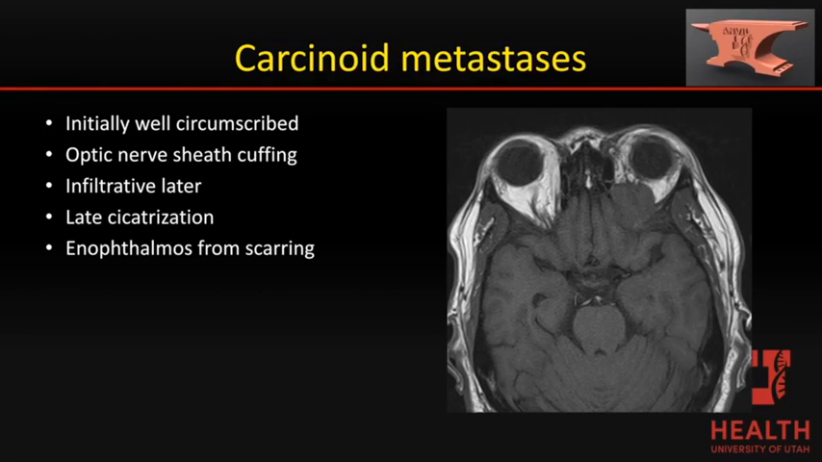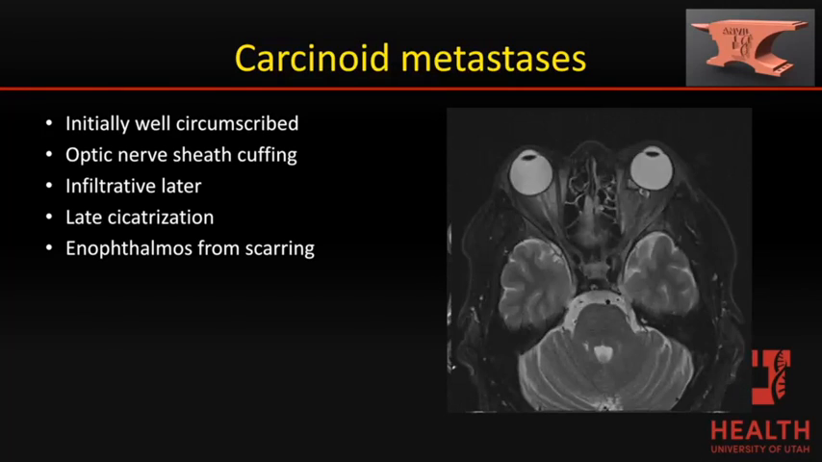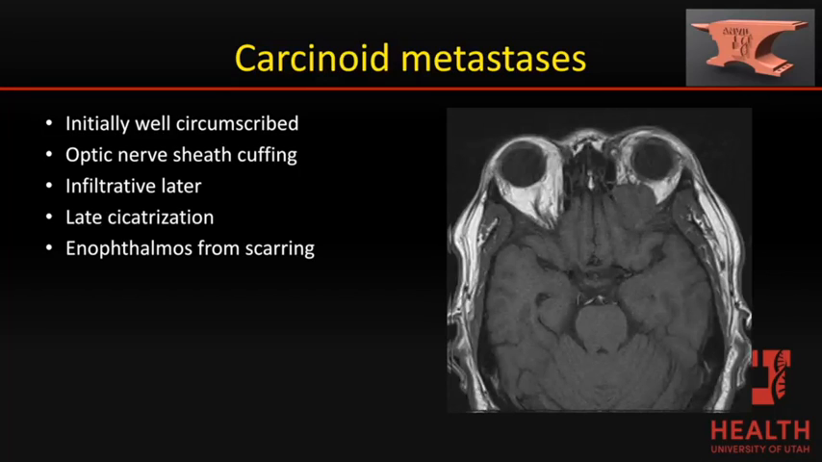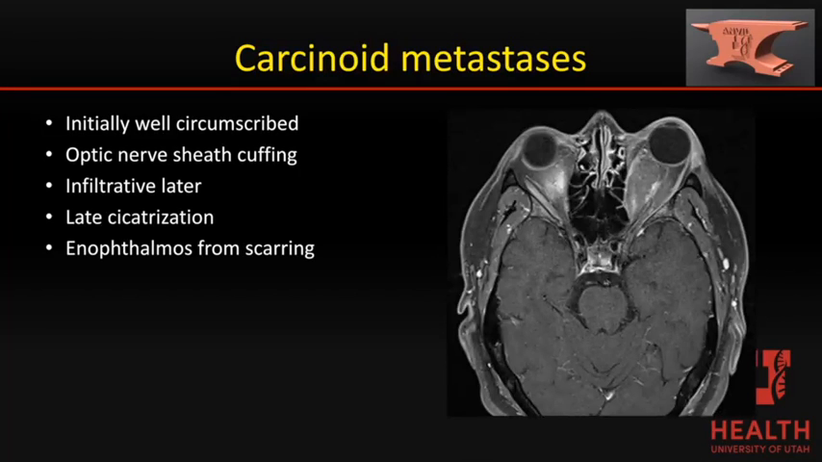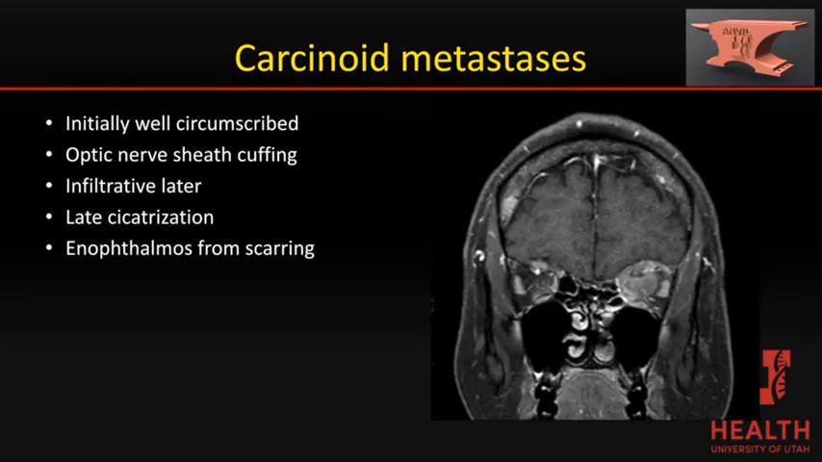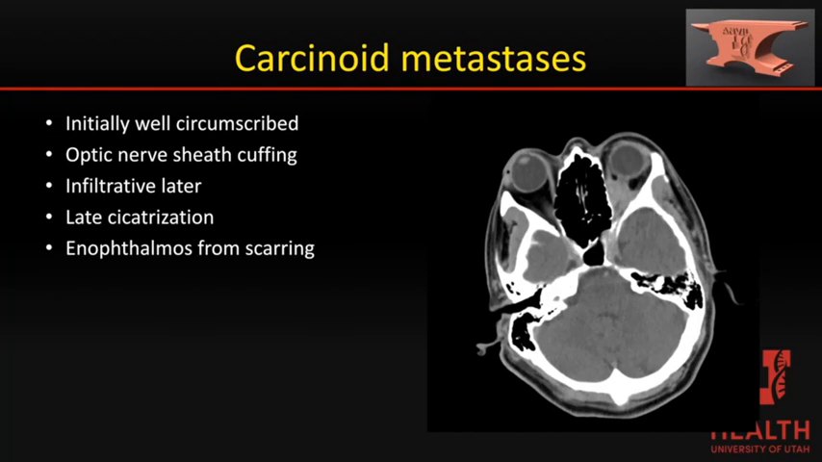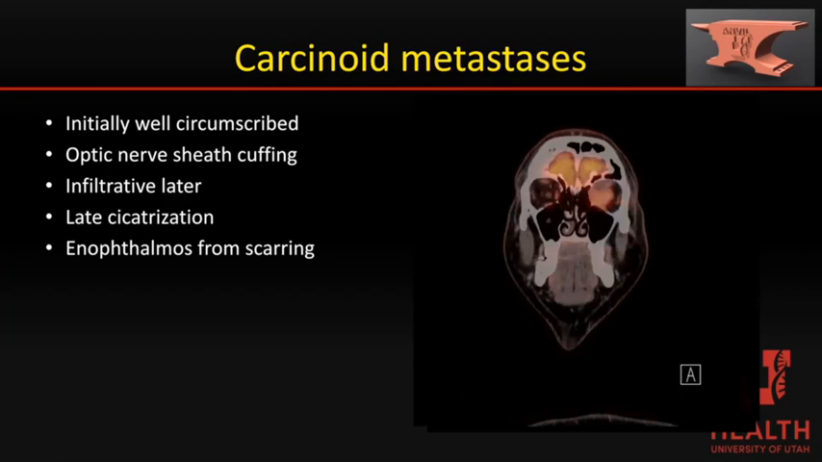Here's another metastatic lesion. This is carcinoid. It initially presented as a well-circumscribed lesion. On T2 imaging, you see that optic nerve sheath cuffing, and then there was more infiltration later as it progressed, and mass effect after treatment. There was retraction, and there was some enophthalmos after the treatment effect. So there's that classic cicatrization seen with carcinoid in this beautiful case from Dr. Winegar. Metabolic activity associated with this lesion